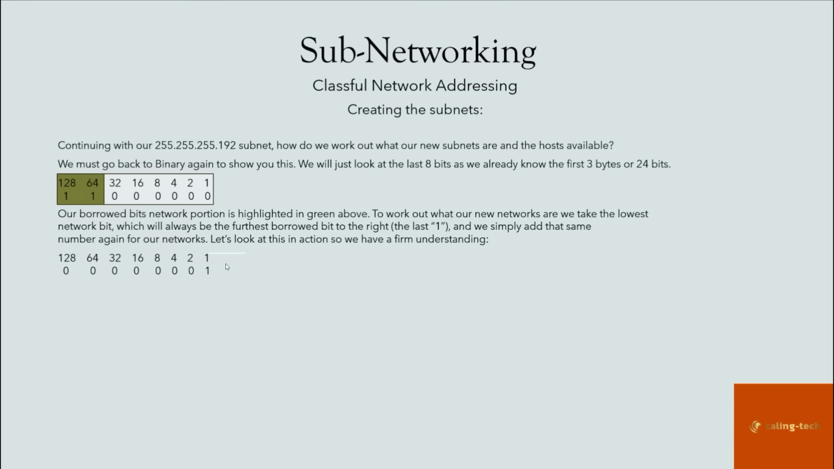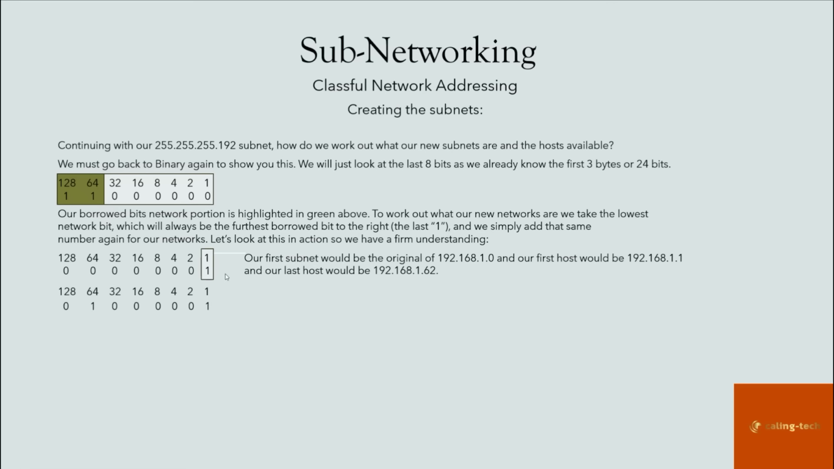So we have our first host for the first network, and we know the network is going to be 192.168.1, so the first host is going to be 1. So our first subnet would be the original of 192.168.1.0, and our first host would be 192.168.1.1. Now our last host would be